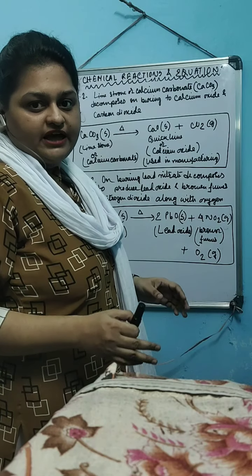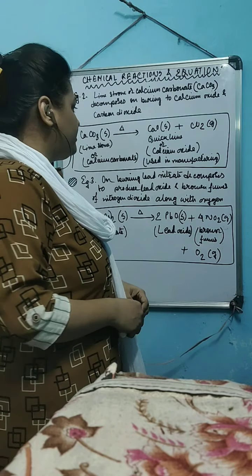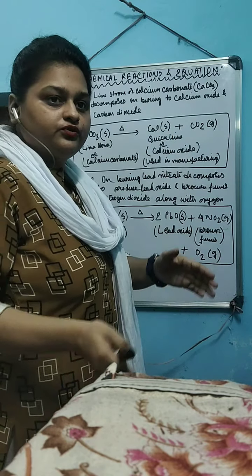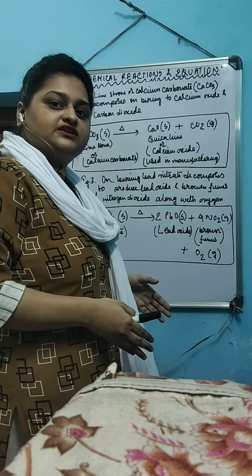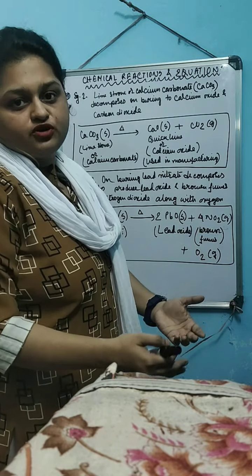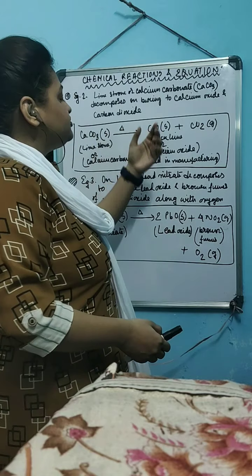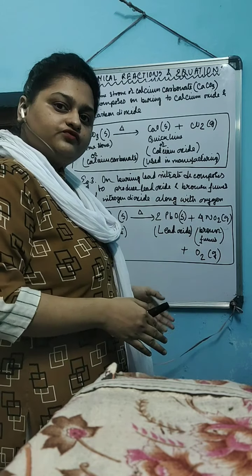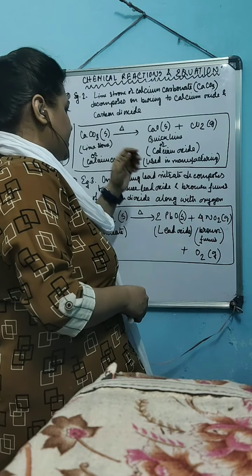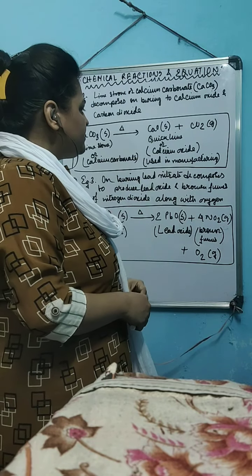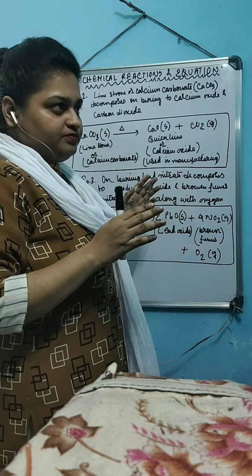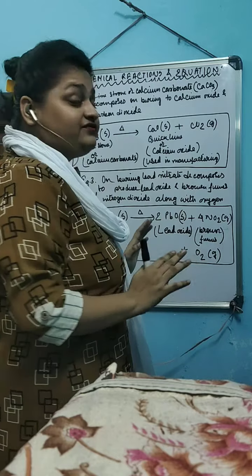A very good example of that statement is this reaction, where calcium oxide and carbon dioxide react with each other to produce calcium carbonate, which is an example of a combination reaction. Whereas in this case, when calcium carbonate is heated, it decomposes to give solid calcium oxide and carbon dioxide gas. Calcium oxide, quicklime, is a very useful material which is used heavily in manufacturing industry.